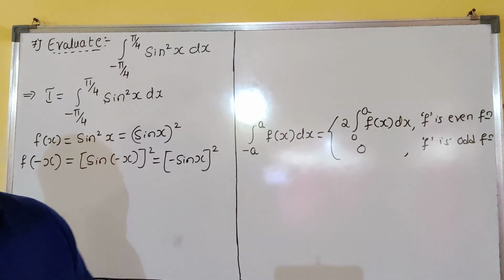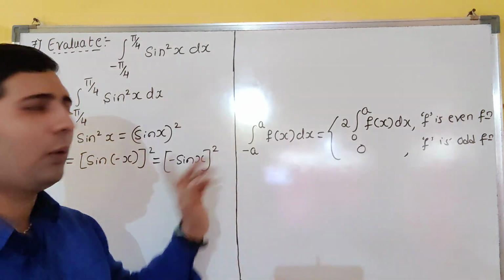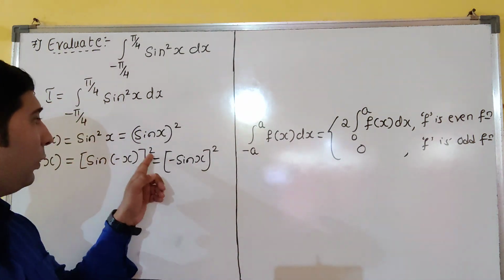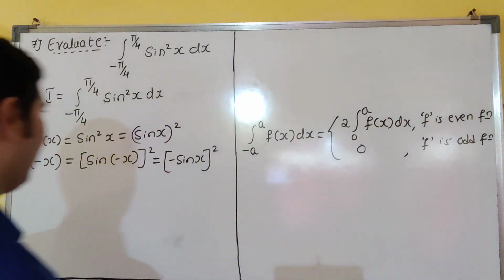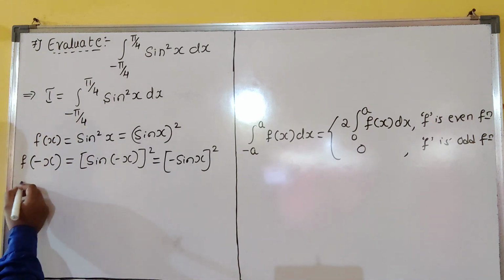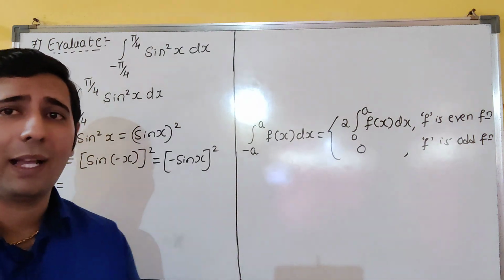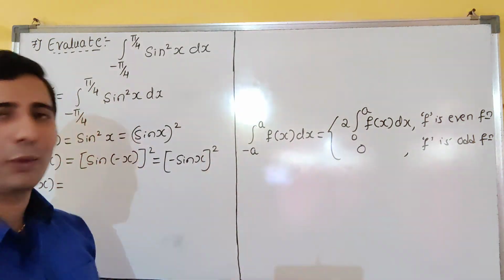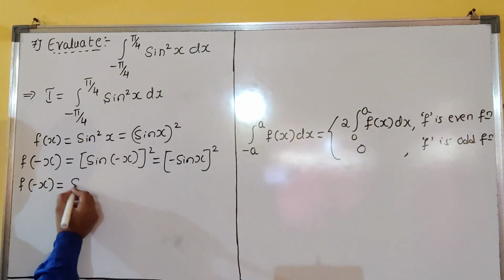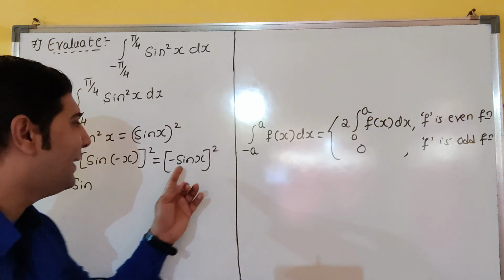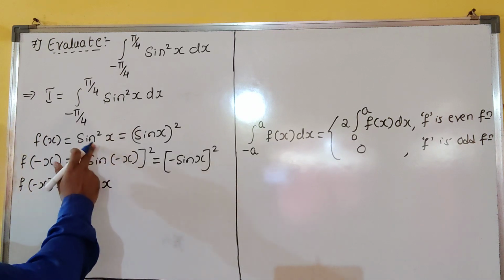Correct? Everyone understands, we have just solved this. So sin of minus x means minus sin x whole square. Minus sin x comes, the whole square is on top, so the square applies. Now see here, easily you can write this one. This has become very easy. The question has become halwa. So minus sin x whole square is what? Square is an even number, so it is positive. Minus sin x whole square is what? Sin square x, dear students. Sin square x is what? f of x or not?